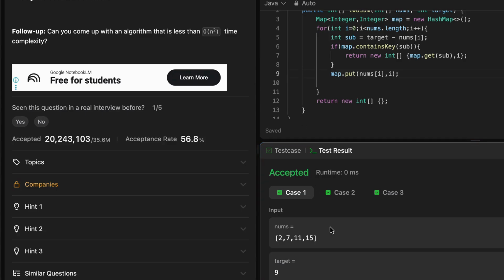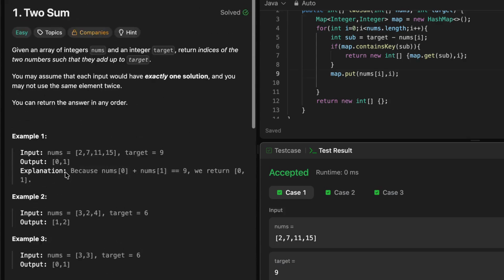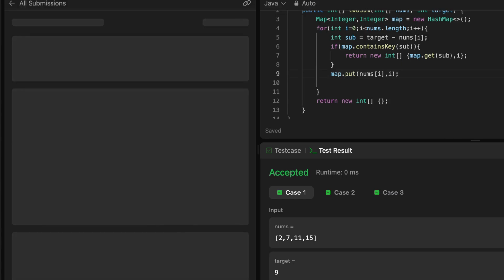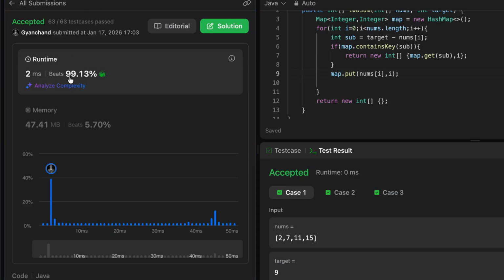Yeah, so it's also successfully passed. When we submit, then this time our beats are changed. Now we are getting